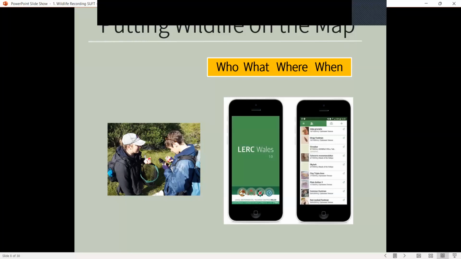And of course, LERC Wales, LERC stands for Local Environmental Record Centre, of which there are four in Wales. And it's led to a new term that this lady, Sylvia, who works for Radnorshire Wildlife Trust, came up with. And she describes it as lurking. So you'll be driving along with her and she'll say, oh, there's a robin, have you lurked it? So she's come up with a new verb there. So we've got a new language with the app,